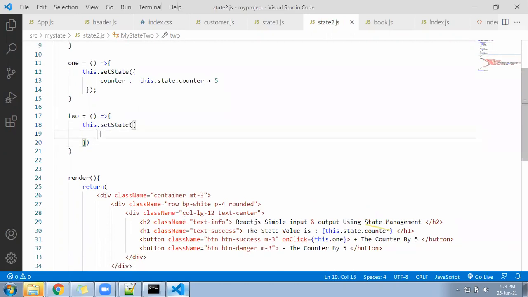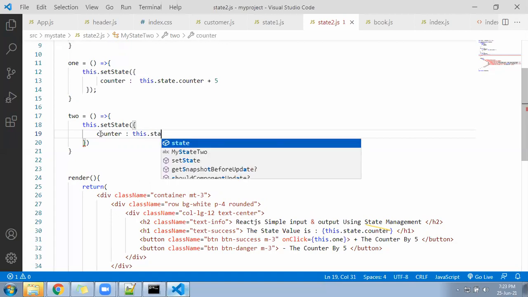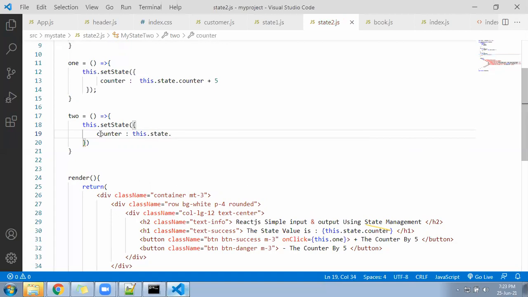What is the variable? The state variable is called counter. counter colon, you have to subtract from it, that is this.state.counter minus 5. this.state.counter minus 5. Oh, semicolon is not needed here.